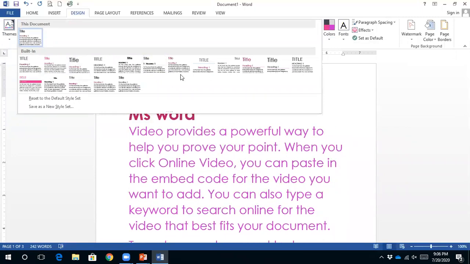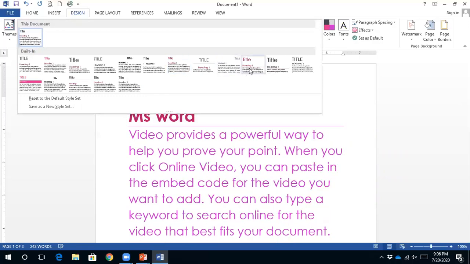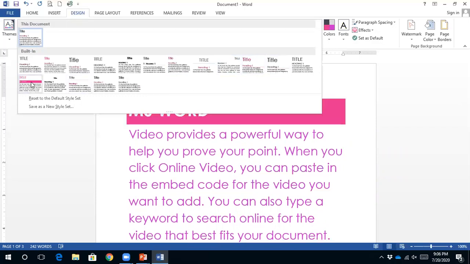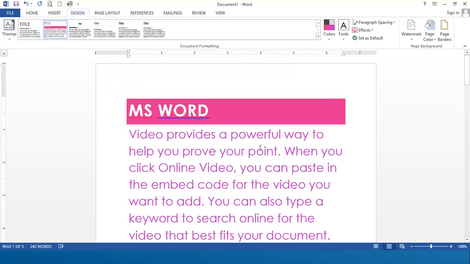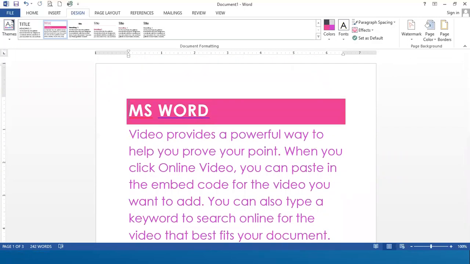In some styles there is a little gap between the text, and there would be a line under the headings. Different kinds of styles are there. Which one you like, you can apply. For example, I like this, so I have applied this one.